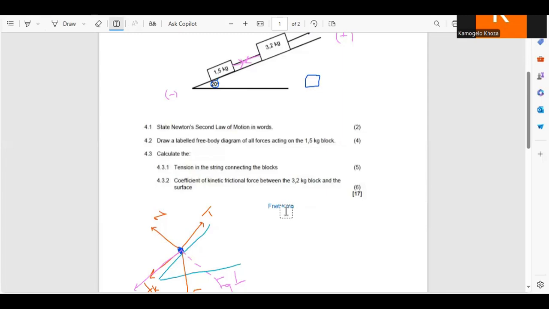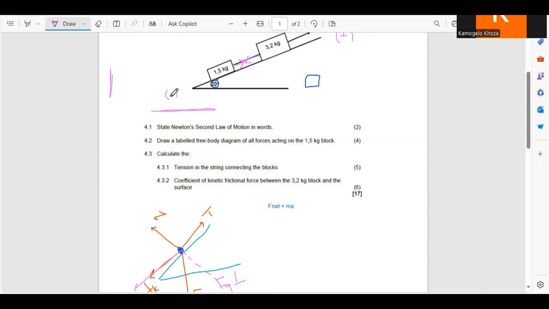Now, let me explain the concept of F net very well. F net is the sum of all your forces acting on the block. You need to look at the direction in which your object is moving. For instance, if your object is moving horizontally, to the left or right, your F net is going to be the sum of all your horizontal forces. If your object is moving up and down, your F net is going to be the sum of all your vertical forces. In this case, we will assume that this one is moving horizontally,